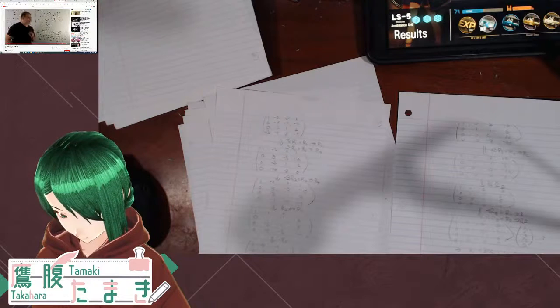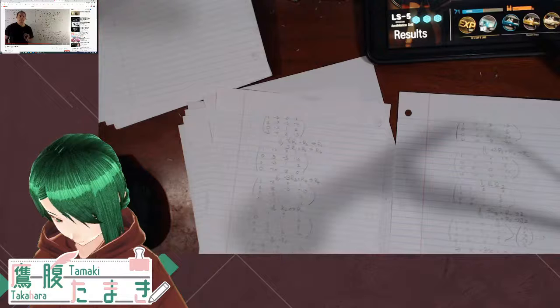Similarly, we apply our matrix A to 5, 4, a vector. So